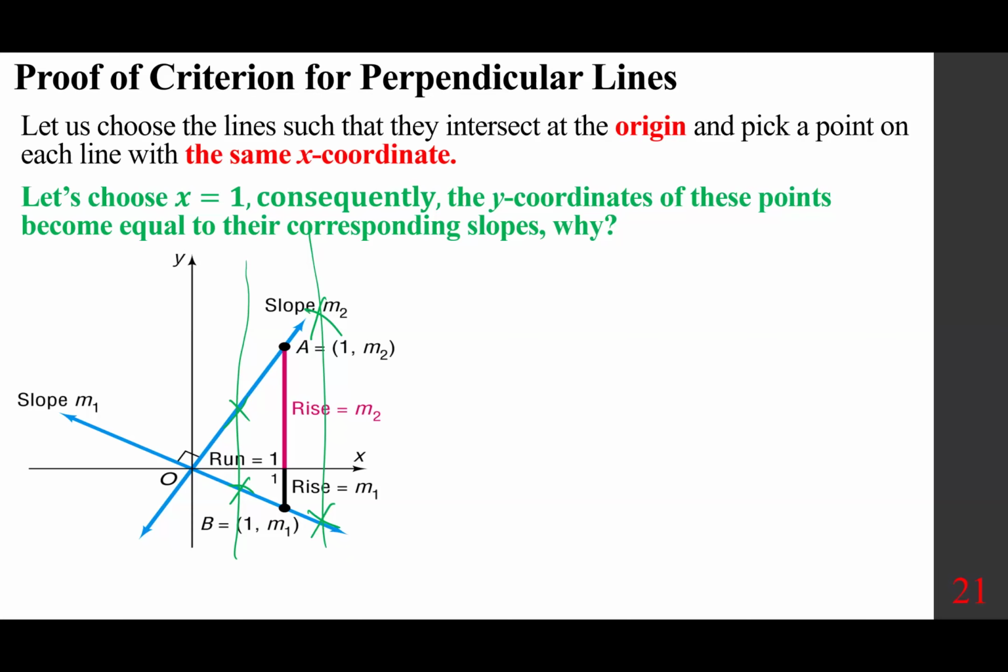So with that being the case, let me just erase it. We choose that so that they intersect at the origin. They have the same x coordinate. And let's choose x to be any number you want. You can put 1, 2, 5, 3, but 1 is the easiest one. You can choose anything you want for this. But if you choose 1,